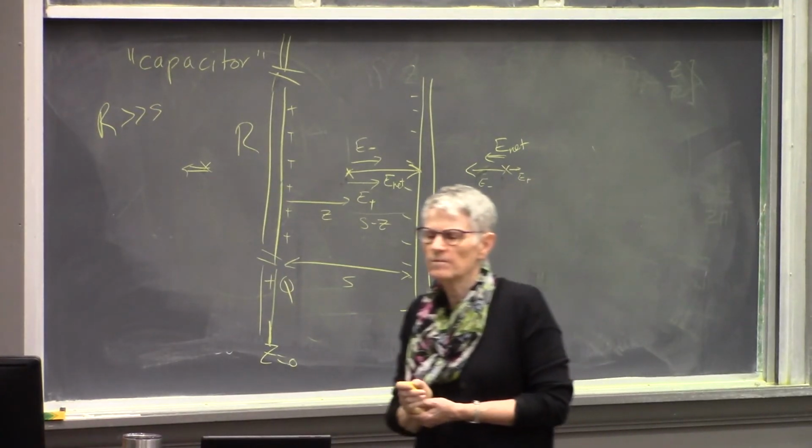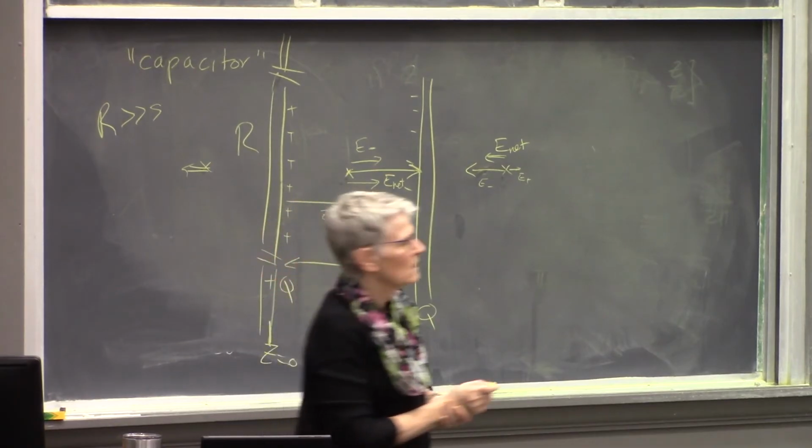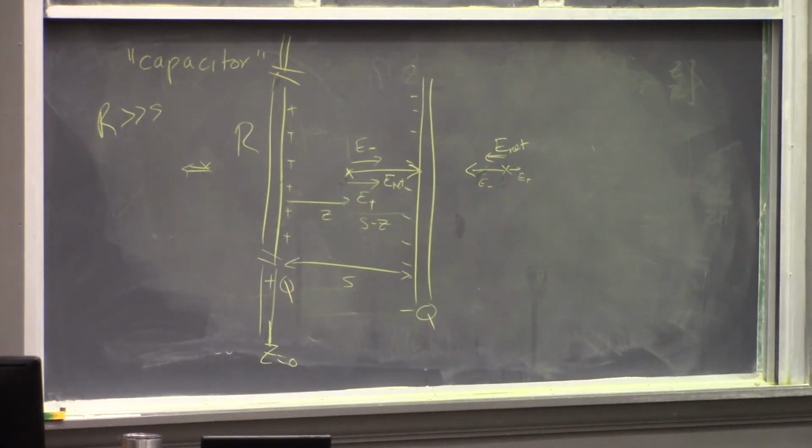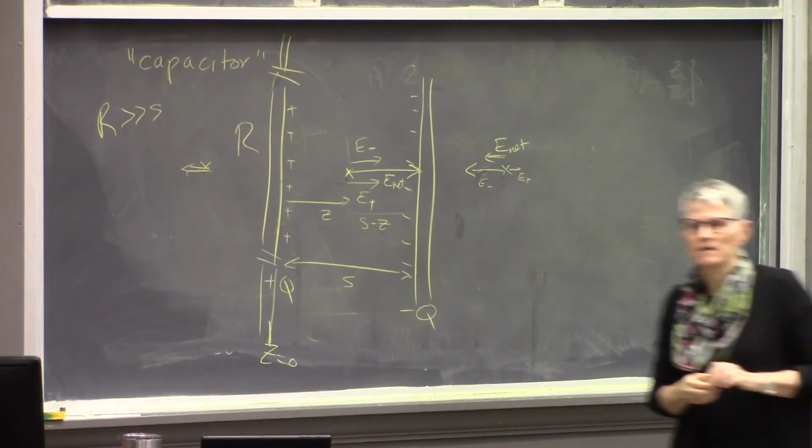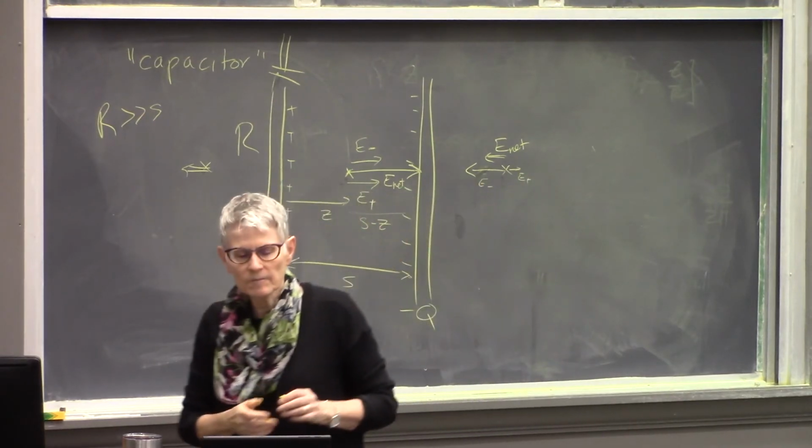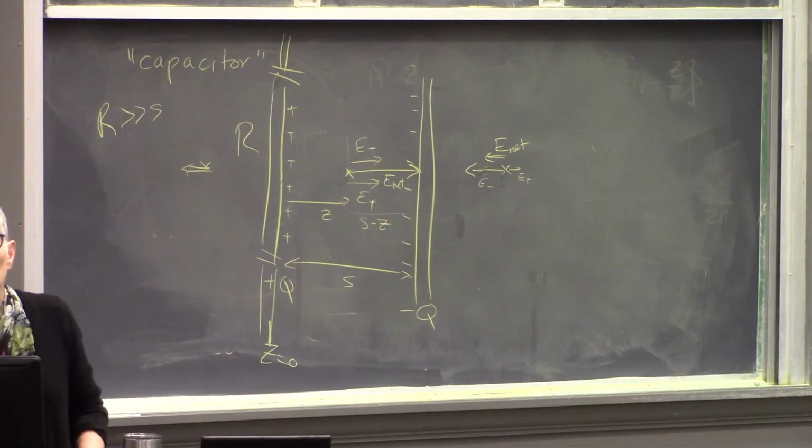Times a 1 minus S over R, very close to Q over A over epsilon 0, actually, inside. We can actually do that